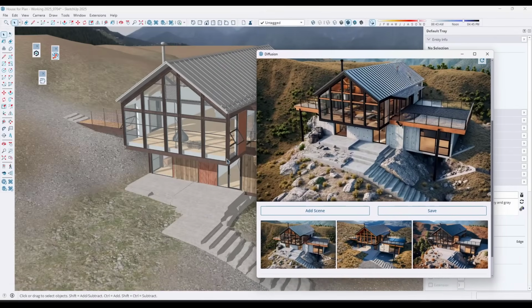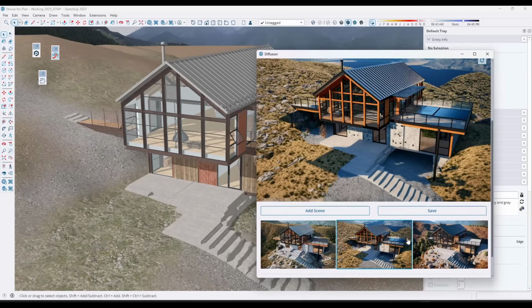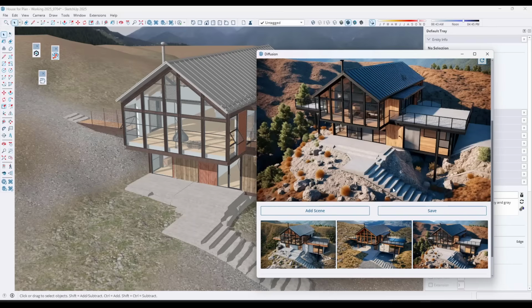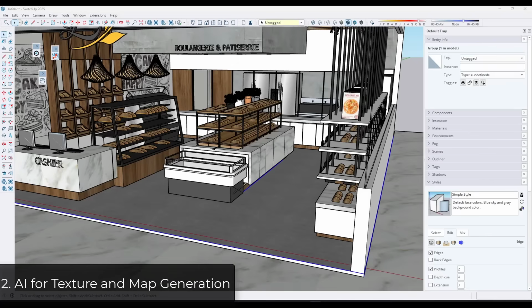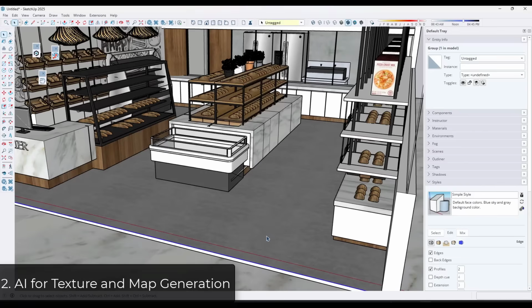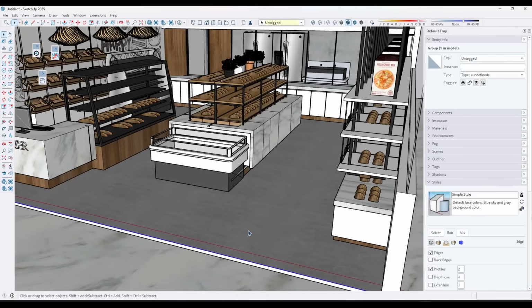So notice, for example, we've got some material changes and other things like that. I don't recommend this as a final rendering tool, but for ideation and figuring out what things could look like, it's actually getting really interesting and really powerful. And so another area where we're seeing a lot of development is in the realm of not only generating textures,